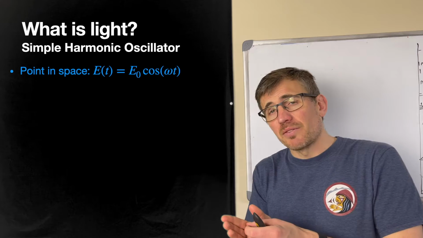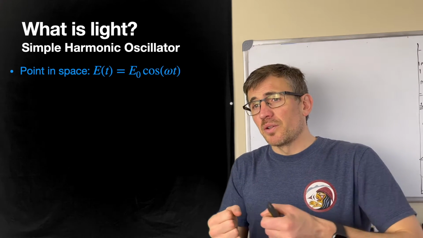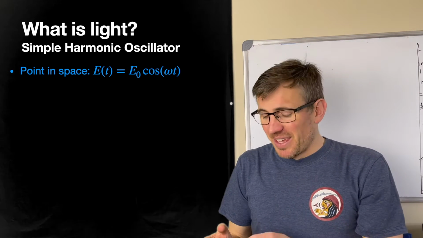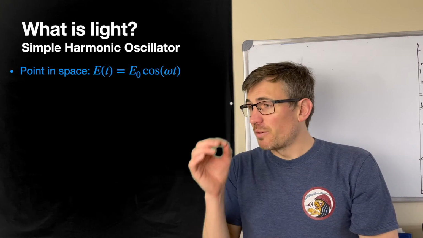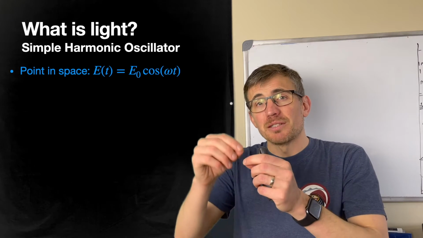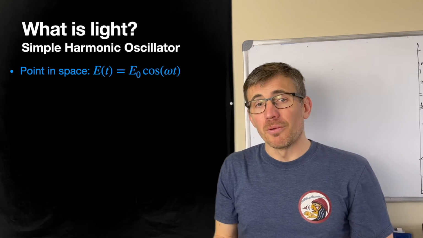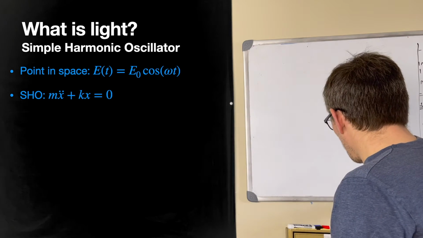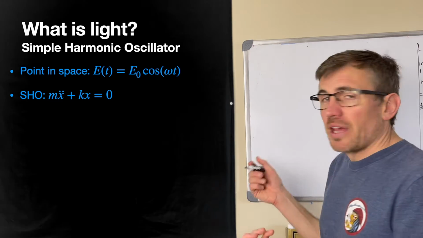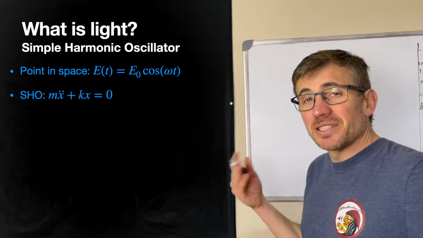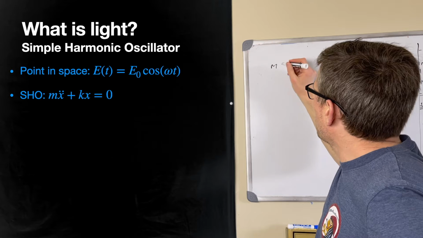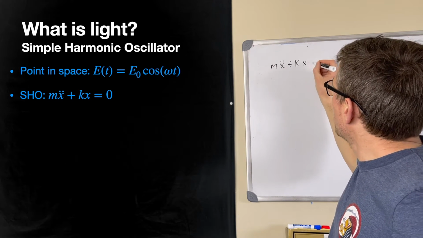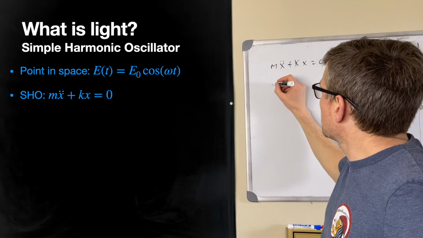And we had this picture of light from the very beginning of the course where the electric field and magnetic field are twisting around each other as they kind of danced at the speed of light through space. And that leads to a fixed point in space behaving as if it was a simple harmonic oscillator that has a pull. So, what is a simple harmonic oscillator again? Well, it's described classically by an equation, F equals minus kx. We've already seen it in the Lorentz model. So we have F equals ma, that's m x double dot, plus k times x is equal to 0. And it has solutions,